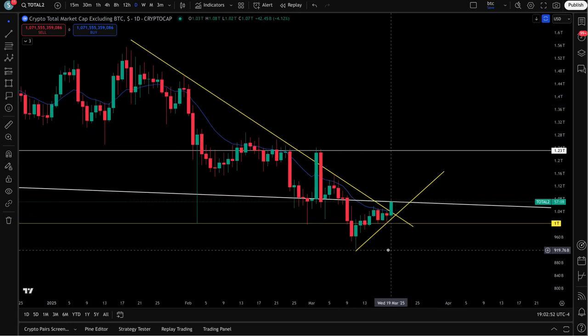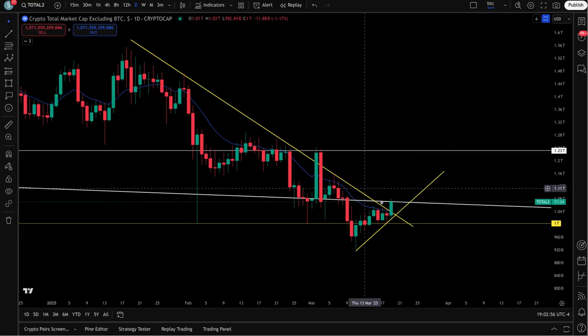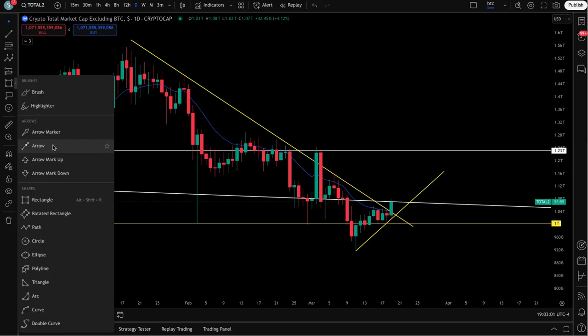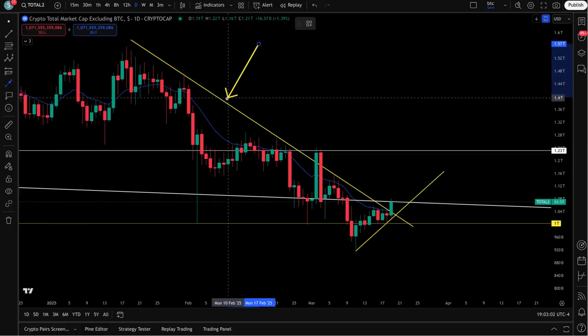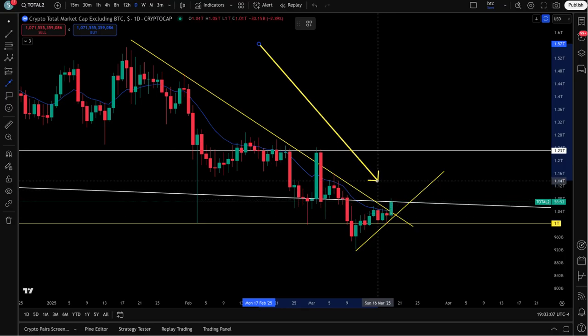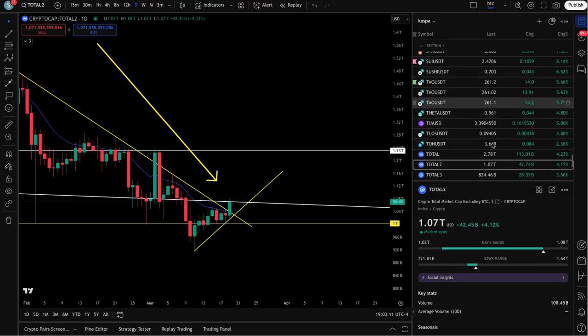Look at this breakout. This is the total market cap without Bitcoin. No Bitcoin in this. You got a breakout of resistance right here. Let me get my arrow. This yellow line right here would be your resistance, and you can see the breakout right here. That is looking fantastic. That's the total 2. If we take a look at the total 3,